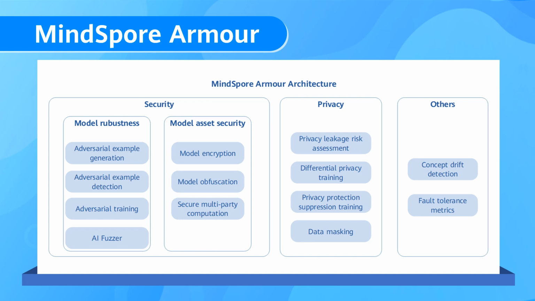Thanks for that explanation. Now, since we just discussed MindSpore security tool, could you tell me about any other tools that MindSpore provides? Certainly, in the overall MindSpore architecture apart from MindSpore Armor, another important tool is MindSpore Insight. We can properly guess its purpose based on the function it offers. Let me think. Network debugging, performance tuning, accuracy tuning. It seems like a debugging and optimization tool. You are on the right track.